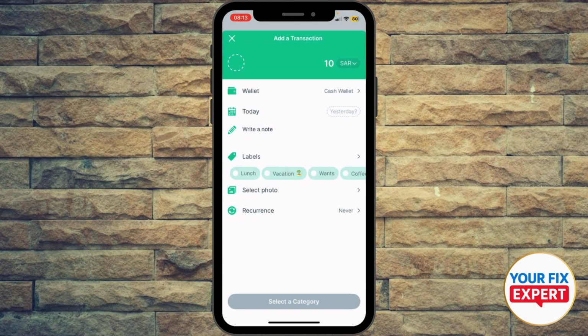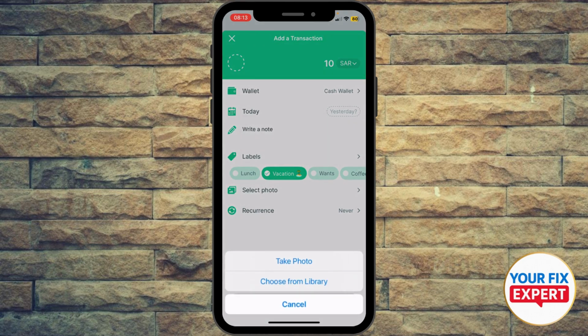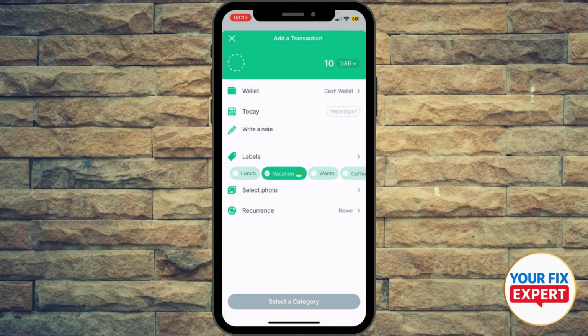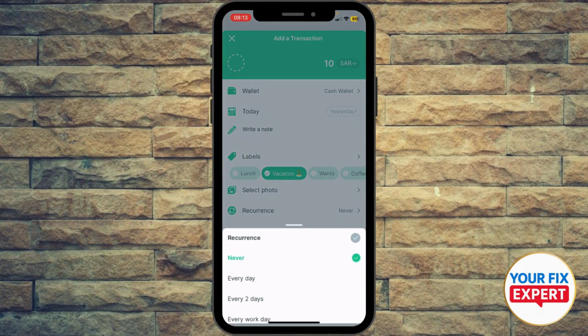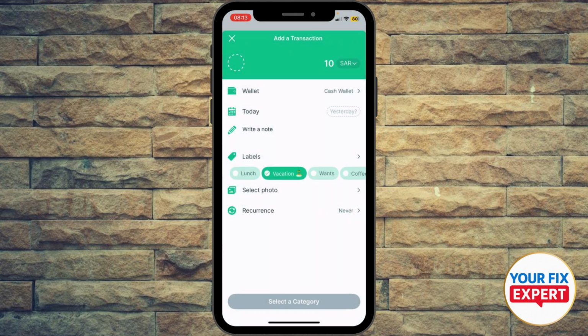Today, yesterday, add a date, and if you want to write a note, just remember, add the labels too, and select photo if you have a photo of this particular thing, and the occurrence. If you buy it constantly or every day, every 2 days, whatever that might be, and